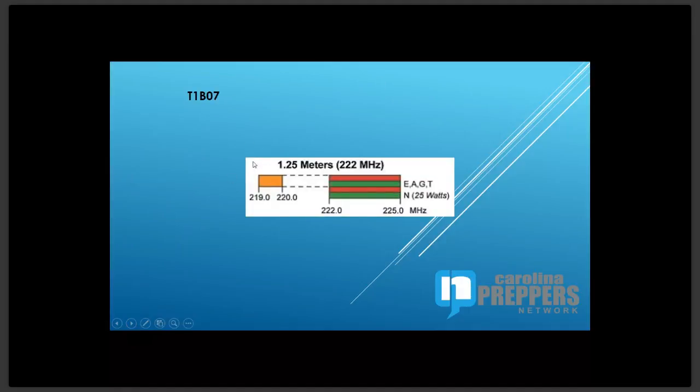Now, I want to point out something here. This 220 band is a perfect example of use it or lose it. At one time on 220, we went all the way. We had 219 all the way to 225, and the FCC found that we weren't using all the bands, so they took it away from us. And in the amount of time that they took it away from us,